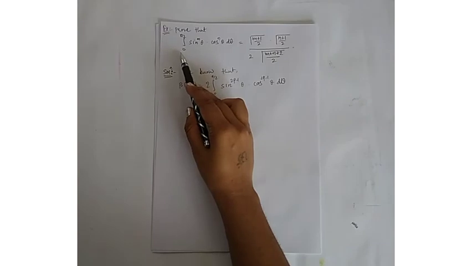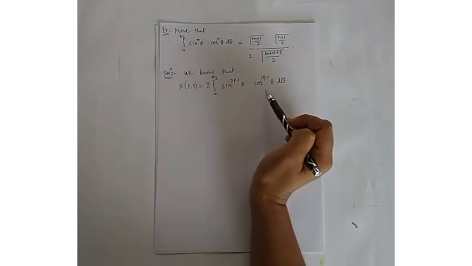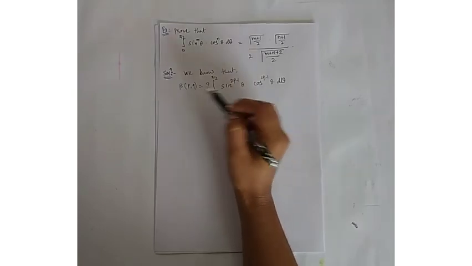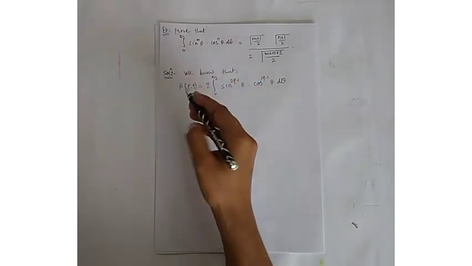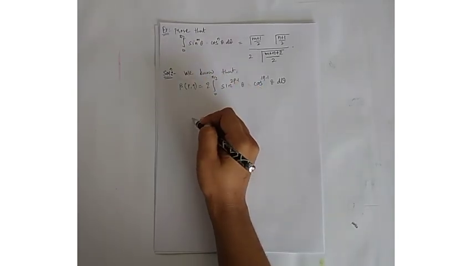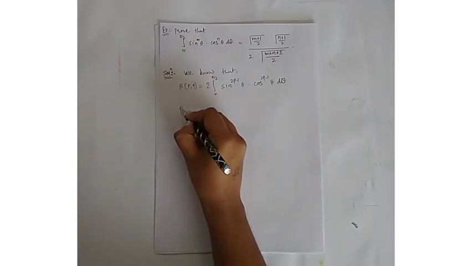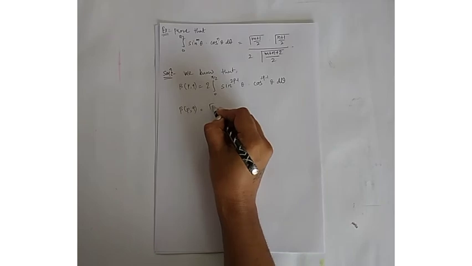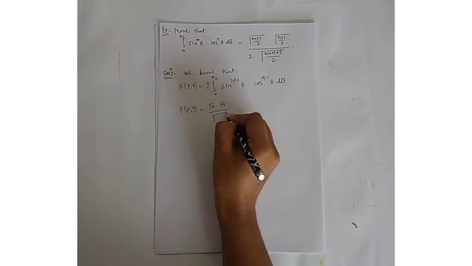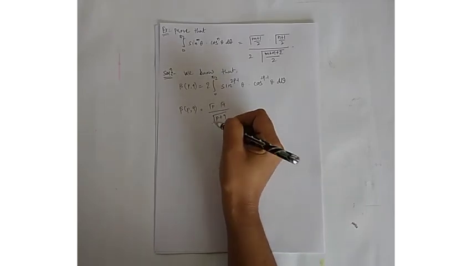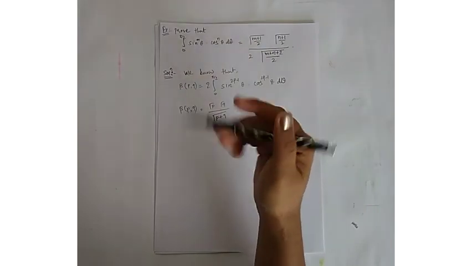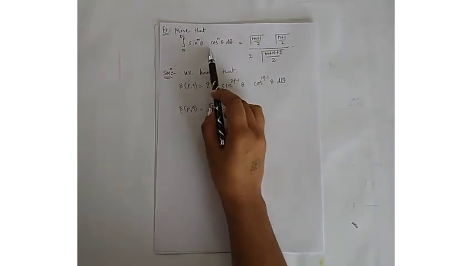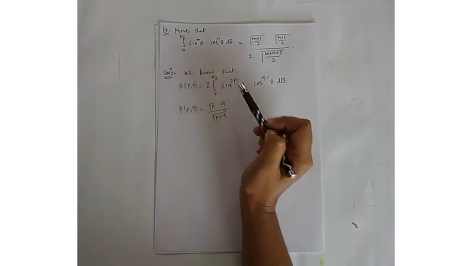First we are going to write this integration as this and put it instead of beta pq, and we also know the relation between the beta and gamma function. That is beta pq is equal to gamma p into gamma q upon gamma p plus q, and then we reach here. So first we are going to write this integration like this.